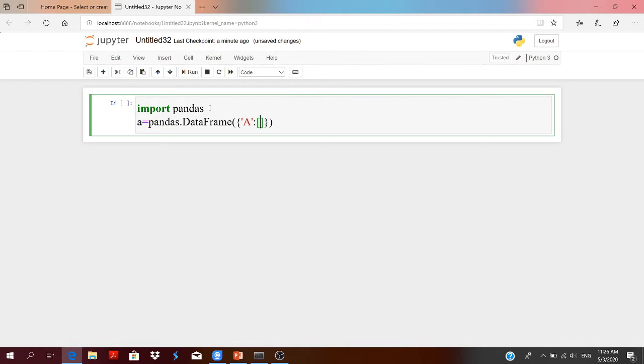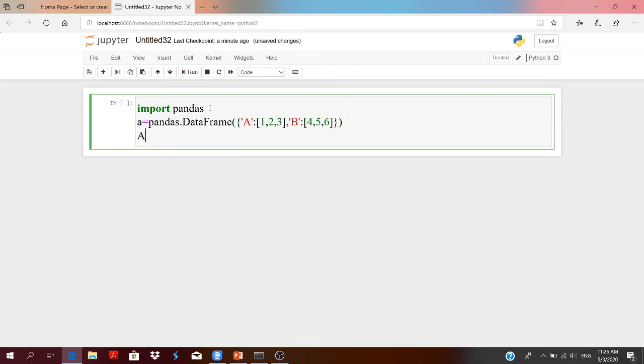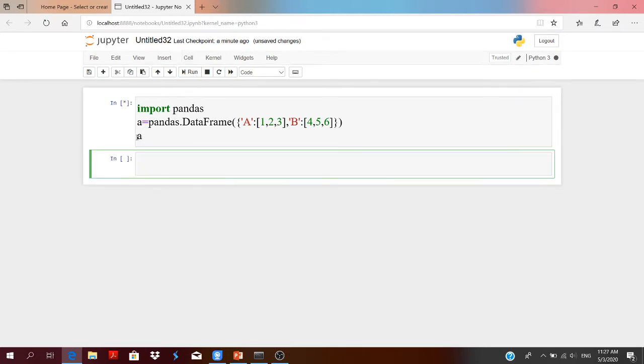Key A having list 1, 2, 3. Key B having list 4, 5 and 6. The data frame will have two columns A and B with 3 rows. Let us see by running the code.